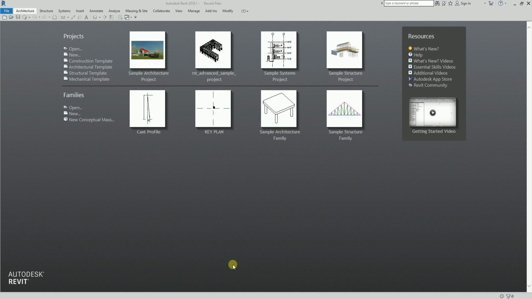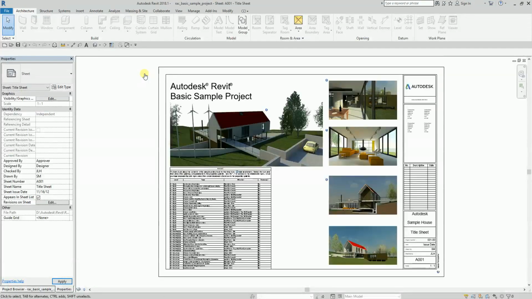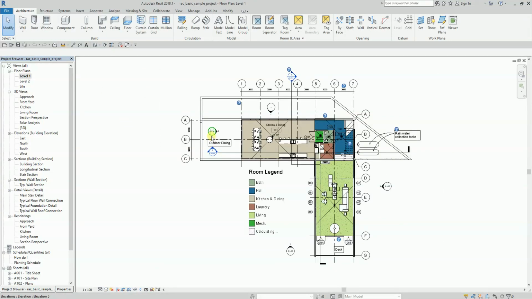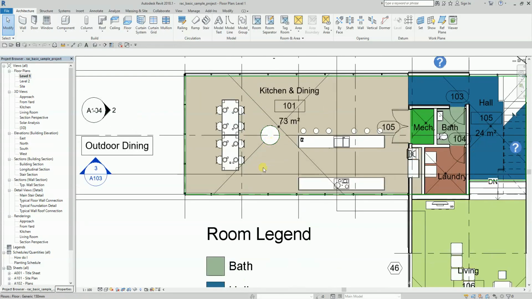through the process of taking a group here in this file that I'm going to use, which is our sample architecture project. So I'm going to open this file. And I'm going to show you first how to group. Basically you are just going to make multiple elements into a group. Of course, for those advanced users, expert users in Revit, they already know how to create a group. But since I'm doing this for the beginners, starters of Revit, this is how you actually create